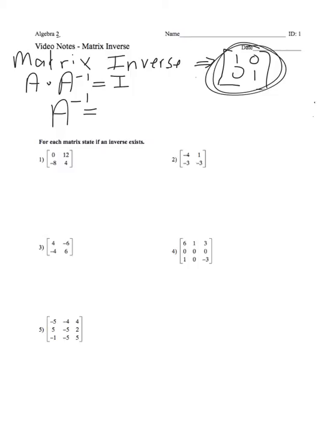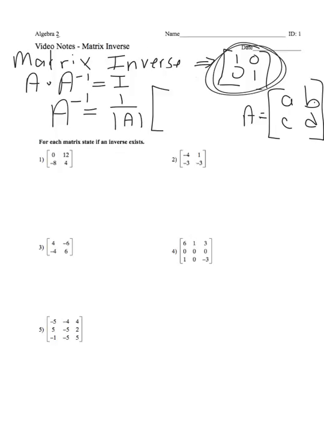To get the inverse matrix, we take 1 over the determinant times the matrix. Now remember, we all have to agree that that's the A spot, the B spot, the C, and the D spot. That's what a regular matrix usually looks like. So to get the inverse, we do 1 over the determinant. That's why we practiced the determinant in the last section. It's 1 over the determinant times